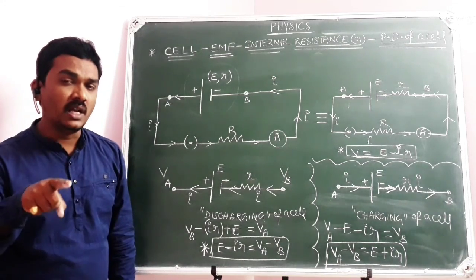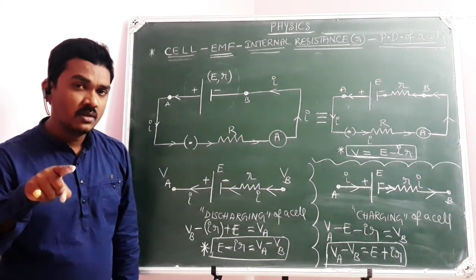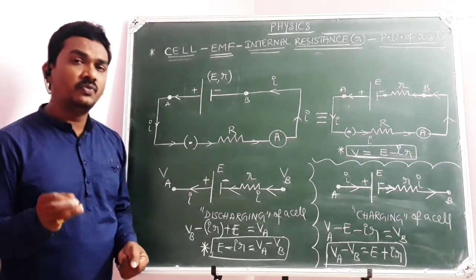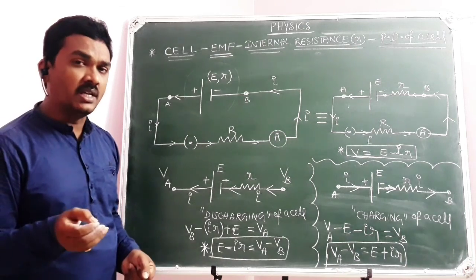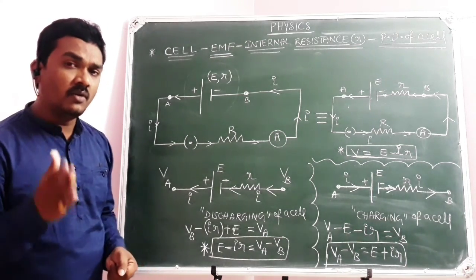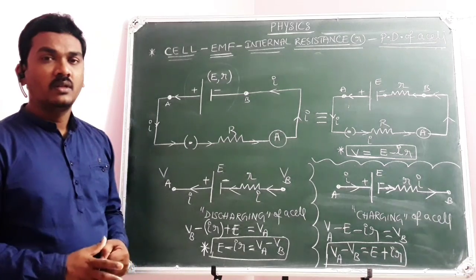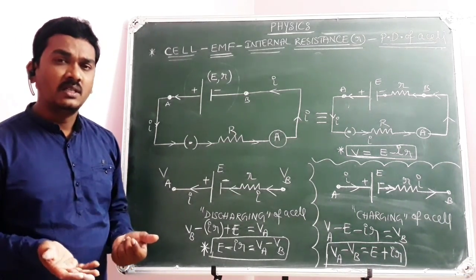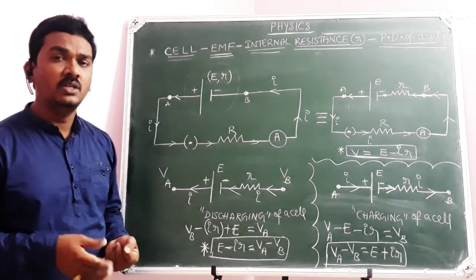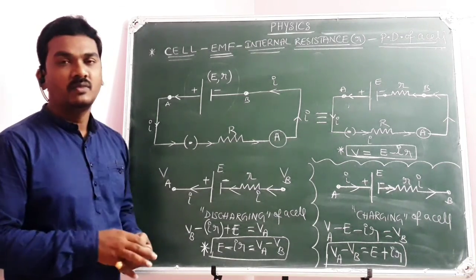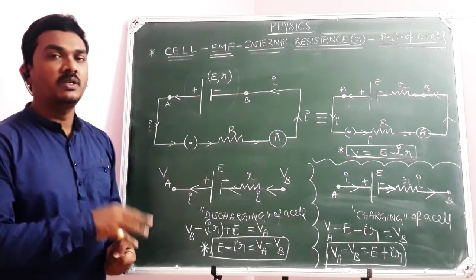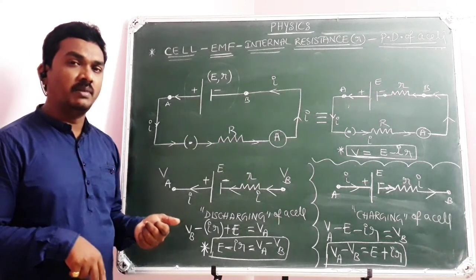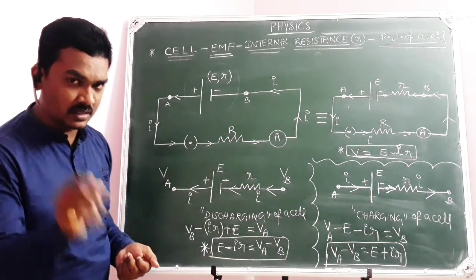But when I am talking about electromotive force, then that can be discussed only across the terminals of the cell. Because electromotive force is the amount of work done to carry unit positive charge from one terminal of the cell to the other terminal of the cell. That's called EMF, electromotive force. But the potential difference means the amount of work done to carry unit positive charge from one point to another point will be the potential difference between the two points. Means potential difference can be discussed between any two points, but EMF of a cell can be discussed only across the terminals of the cell.